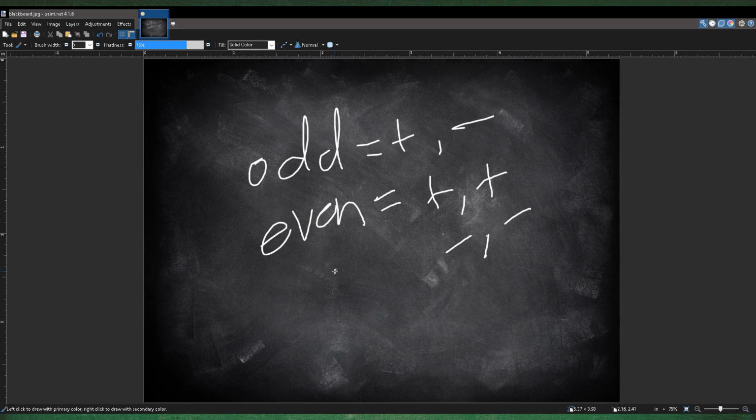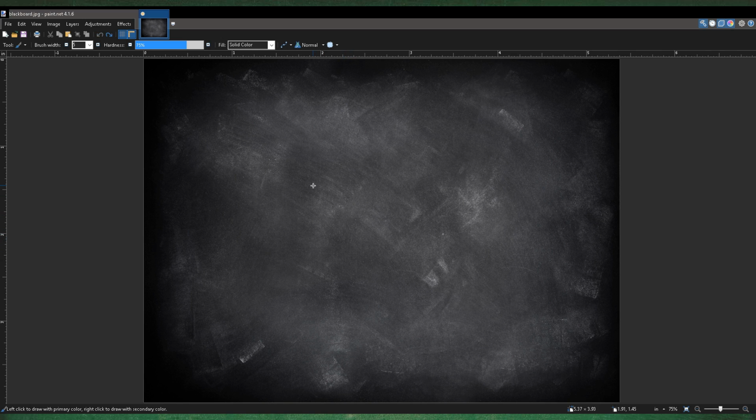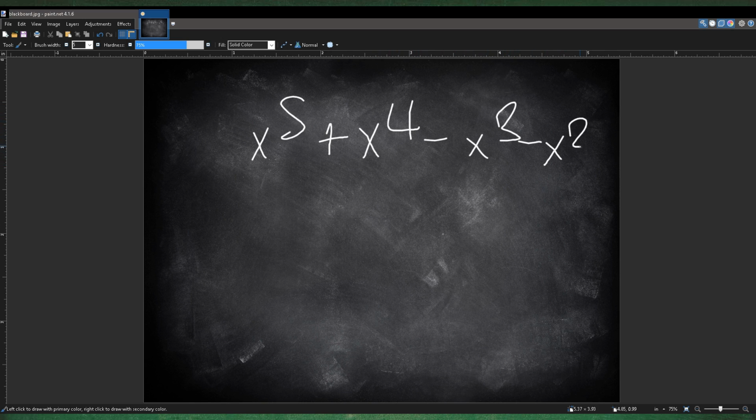So how do you tell? Well, this is what you do. You just look at the coefficient of the highest term. So let's say you have an equation like x to the 5 plus x to the 4 minus x to the 3 minus x to the 2, just whatever, right? You see the highest term in here, let's say it's 1, right? 1 is positive. So if 1 is positive and you have a positive odd,